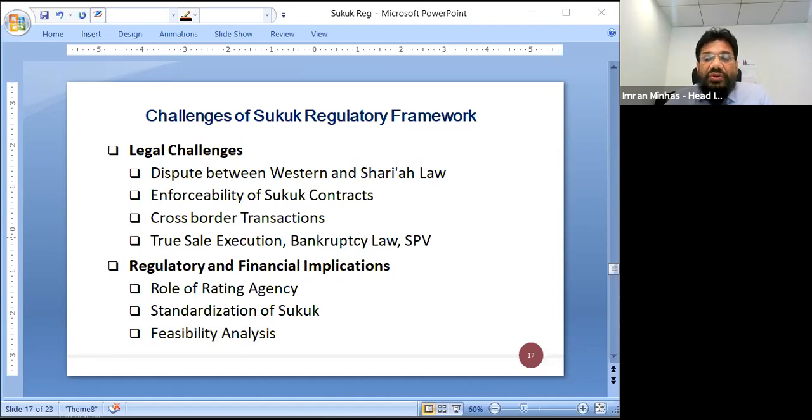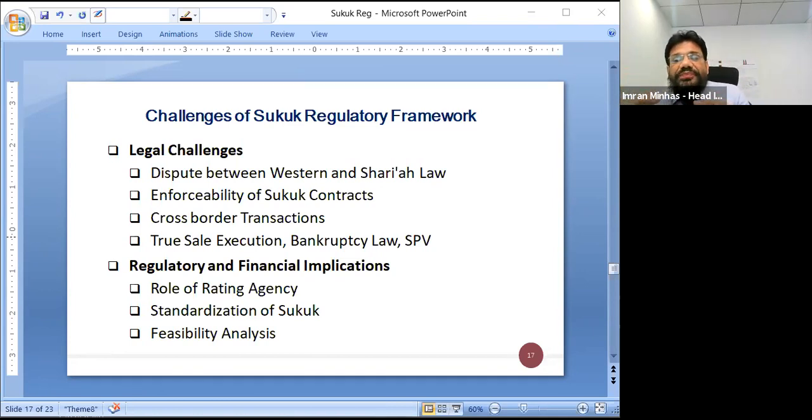including the true sale, securitization, cross-border offering, bankruptcy laws and dispute settlement, issues of taxes, issues of double taxation, or other issues which I have left out for the sake of brevity. So that needs to be addressed in the legislation. The bottom line is that without addressing the issues discussed in the Sukuk structure, it is insufficient to protect the legal rights of the Sukuk holders to the securitized assets.